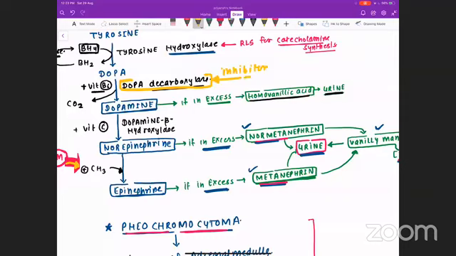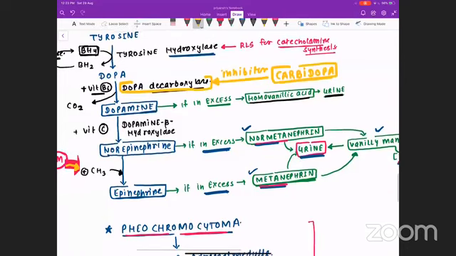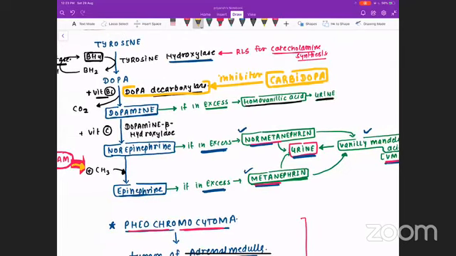I am giving you a hint. The drug is used in the treatment of Parkinson. So the dopa decarboxylase inhibitor is carbidopa. In pharmacology, you may have discussed, or you may discuss, carbidopa is a drug used for the treatment of Parkinson, and how it works. The mechanism of action is that it blocks the enzyme dopa decarboxylase. It is an inhibitor of dopa decarboxylase. So this is the second clinical correlation of this catecholamine synthesis.